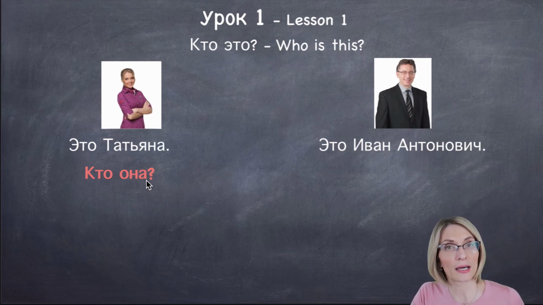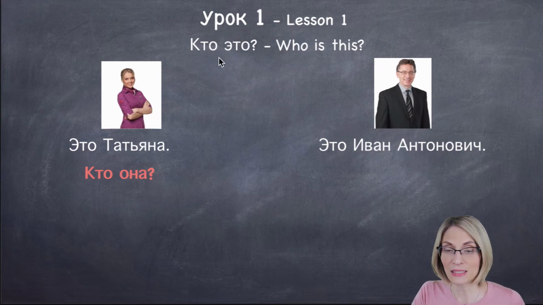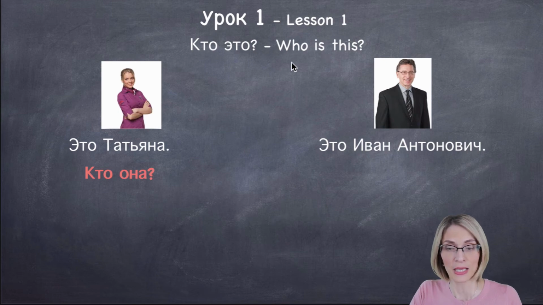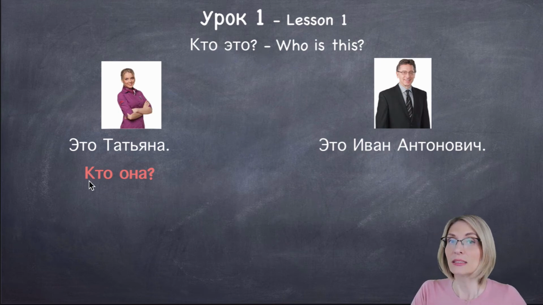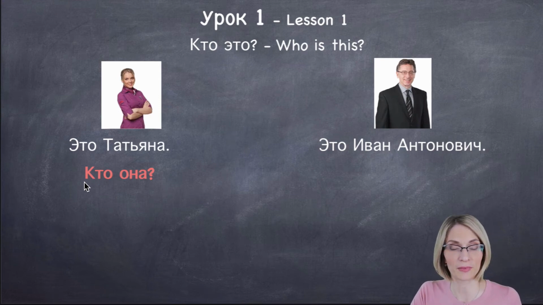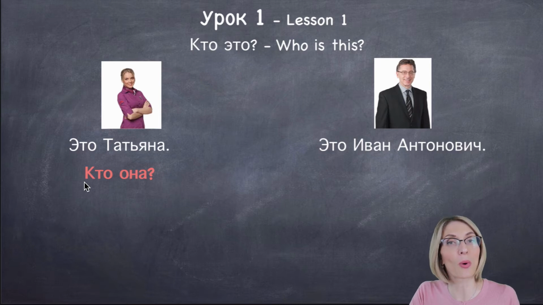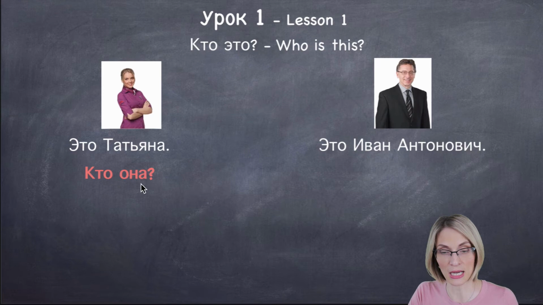Она. To ask who is this and to receive the answer, a name, we asked «Кто это?» Now to ask, give me more information about her. Who is she? Unlike English, you will ask, what is she? What does she do? In Russian, «Кто она?»